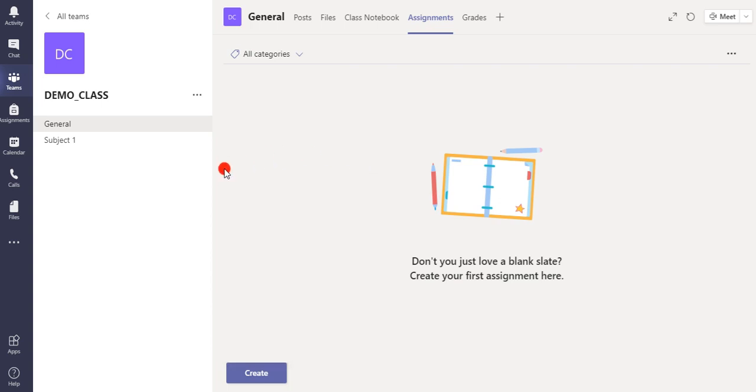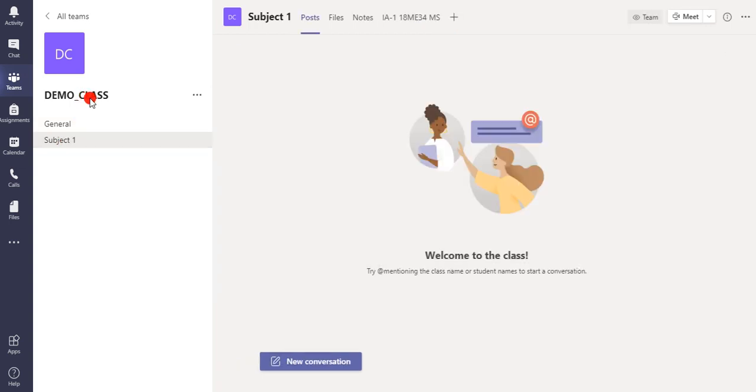So here for our internal assessment, for our test for subjective type as well as for objective, what I am going to do is, here the subject name, for example, if it is from third semester, in the third semester we have around 4 to 6 subjects. So here I will be coming up with different subject names, like subject 1, subject 2, subject 3, subject 4.